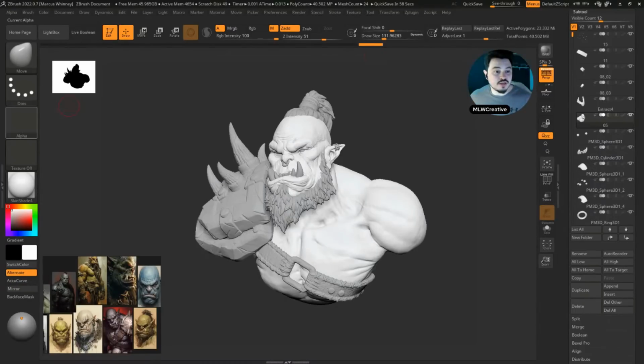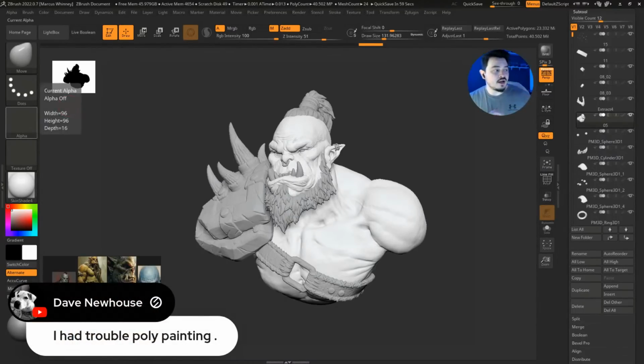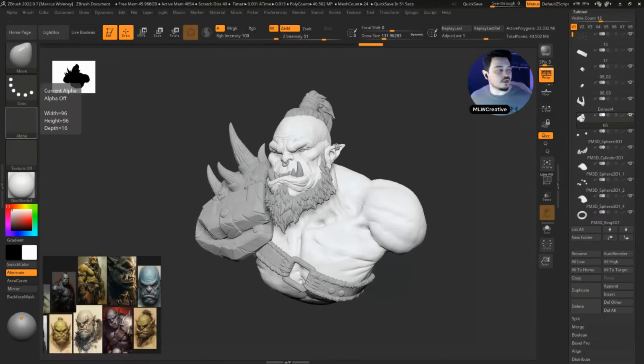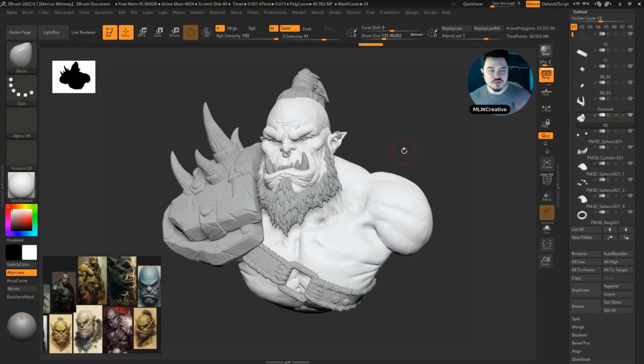We got one here from Dave Newhouse saying, I had trouble poly painting. Could you explain it a little bit more, and I can maybe try and see if I can answer that question better? Yeah. But anyway, first thing I like to do, so my way of tackling texturing inside of ZBrush,